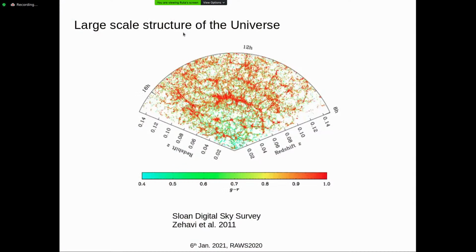So I would like to start by showing you this large-scale structure of the universe. This is basically a slice of our universe as seen by an optical telescope. So basically these points here, reddish and green, the ones going through this color scale, each of these dots is a galaxy, and we are basically sitting here and looking far away into the universe.